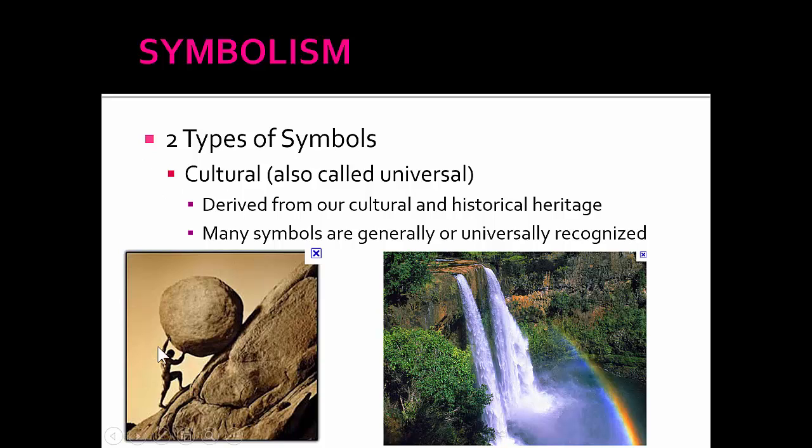But this was a big one for a long time. His name is Sisyphus, which nobody ever remembers the poor guy's name. And he's pushing a boulder up the hill. It was interestingly connected to Pandora, but that's a whole separate story. Part of his punishment for some of the things that he did was pushing the boulder up the hill. He has to push the boulder up the hill, and at the end of the day, it rolls back down, and guess what he has to do the next day? You are all so smart. He has to push it back up the hill again, and that is what he has to do for eternity.